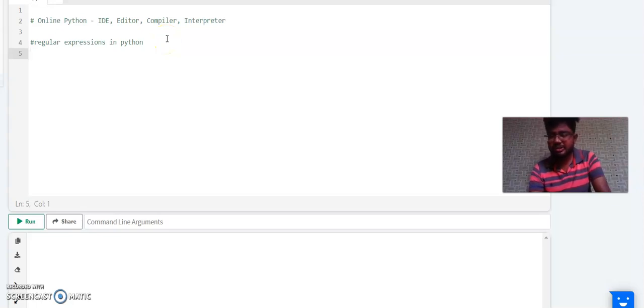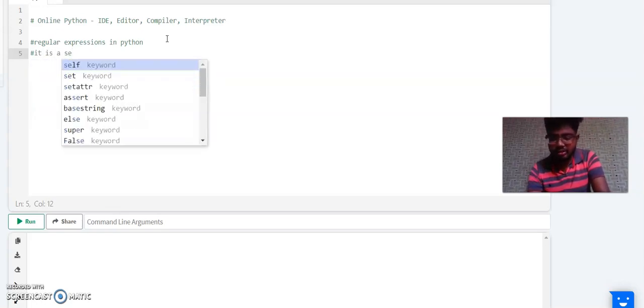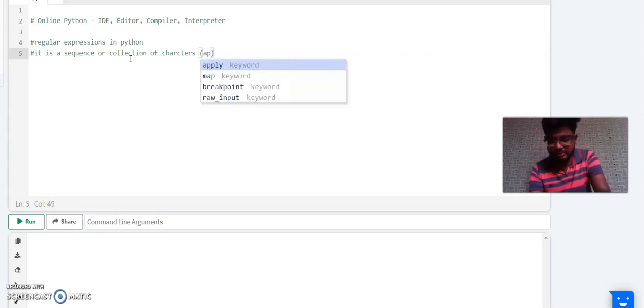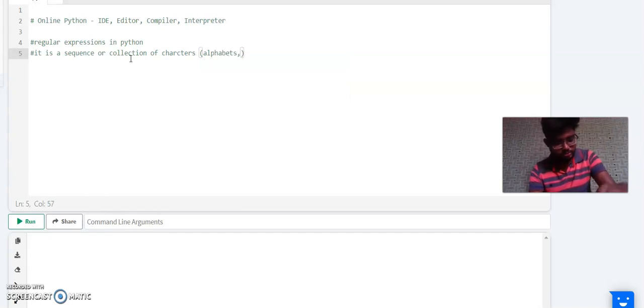What is meant by regular expression? It is defined as a sequence or collection of characters. Those characters may be alphabets, numbers, and special characters.